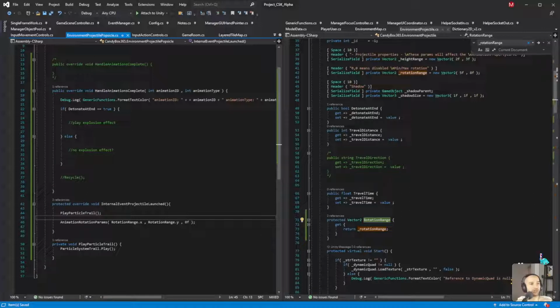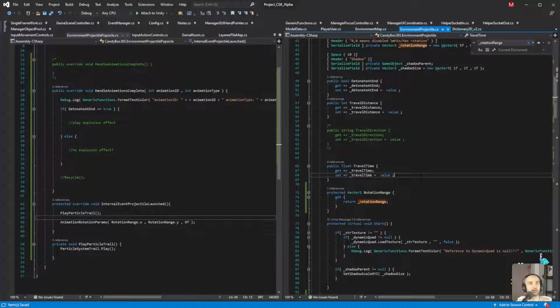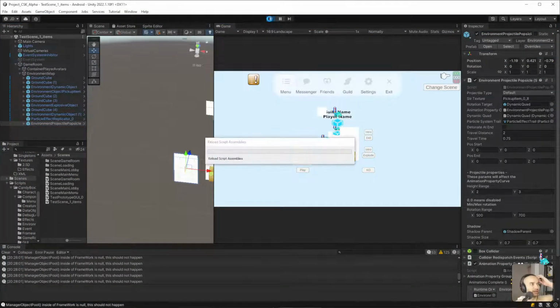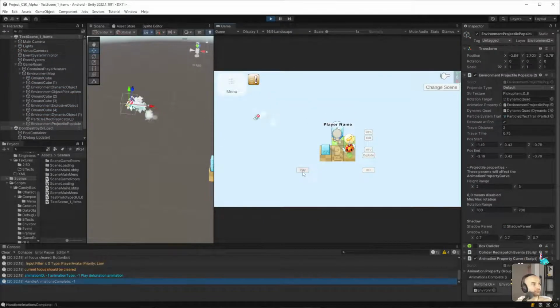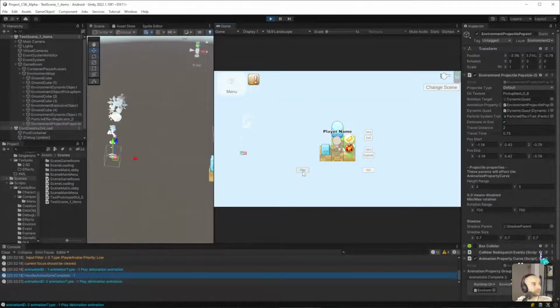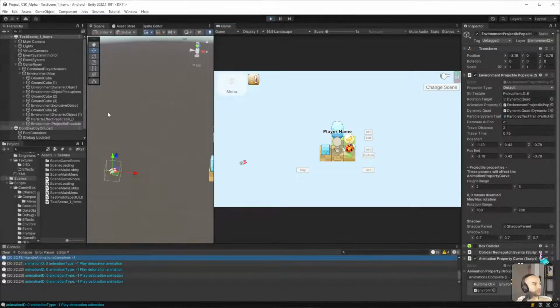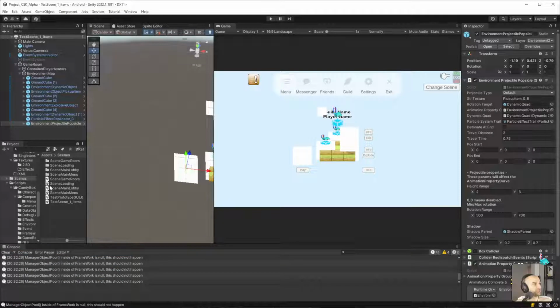So this should fix it, I think, on both the test environment and the test room area. So let's test it and see just to make sure first, of course. Okay, so it does work here. And then if we change to the other scene,